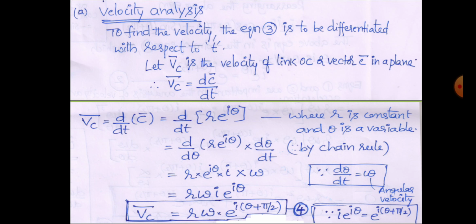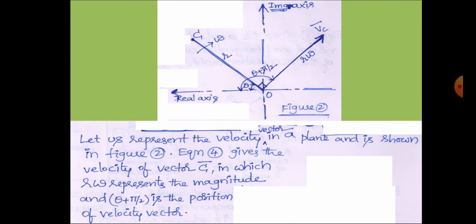Why? Because it is theta plus. Plus means leading. Therefore, like this, towards the right side, perpendicular to the position vector I have drawn from the origin. But if it is theta minus pi by 2, then I would have drawn below, perpendicular only, but from the origin down. So theta minus pi by 2, if it is, then it is called velocity is lagging the displacement. That is why from the origin down, perpendicular to displacement.